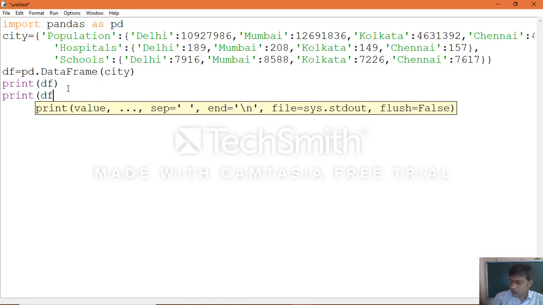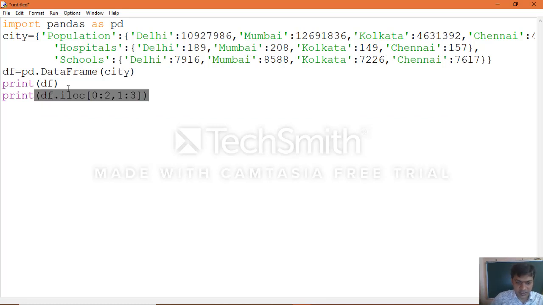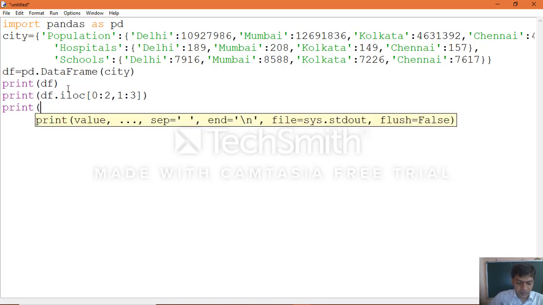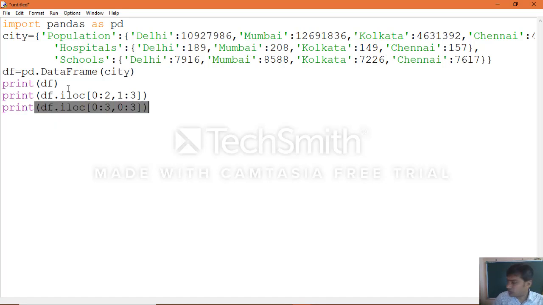Print of df, object name, dot iloc of 0 to 2 comma, this is slice representation. iloc means 1 colon 3, then close the print statement. In the same manner, print of df.iloc[0:3, 0:3], then see the output.